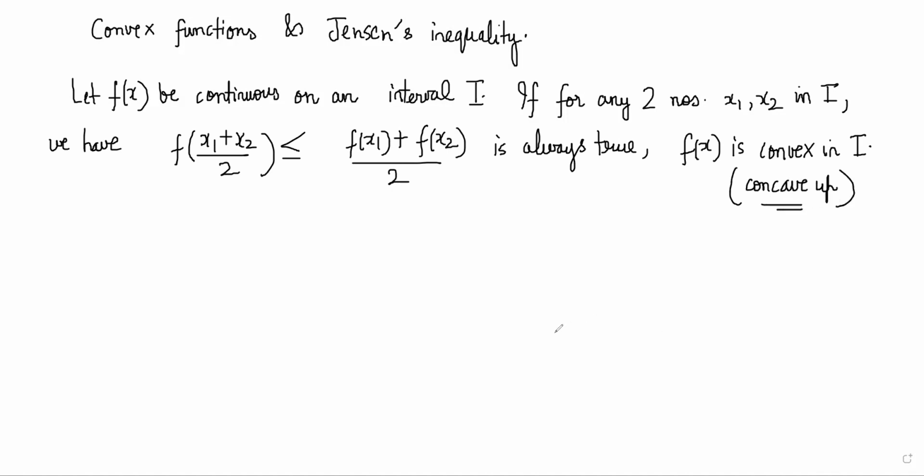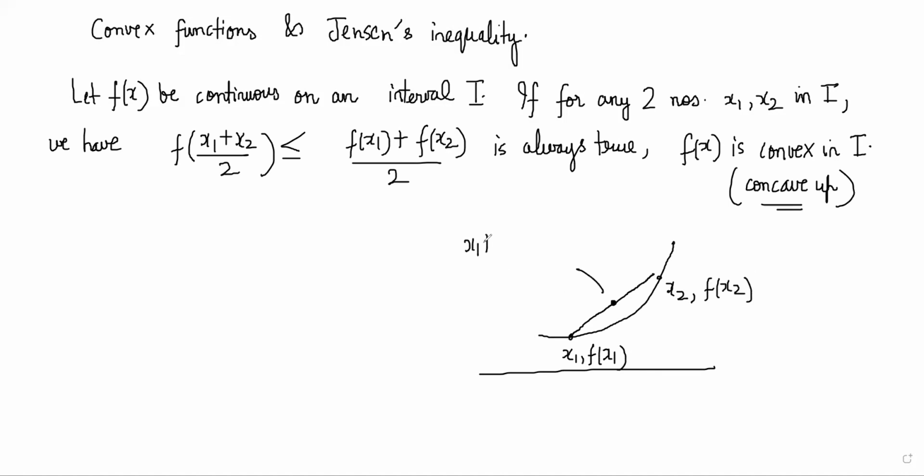So what is the meaning of this? The graph of the function should look like this. If you have x1 here and x2 here, we can show that the midpoint of this straight line segment joining (x1, f of x1) and (x2, f of x2), this point is x1 plus x2 by 2 and f of (x1 plus x2) by 2. And you can see that this f of (x1 plus x2) by 2 is higher than this point, which is basically,